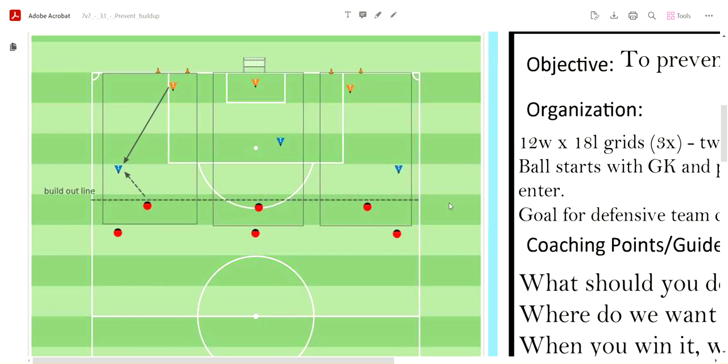Prevent the opponent from building in this activity past the build out line. Ultimately, I think our goal as a group should be to prevent them from building past the halfway line. That's where we can start creating opportunities in the attack. So if we can keep them in their own half and prevent them from moving into our half, that would